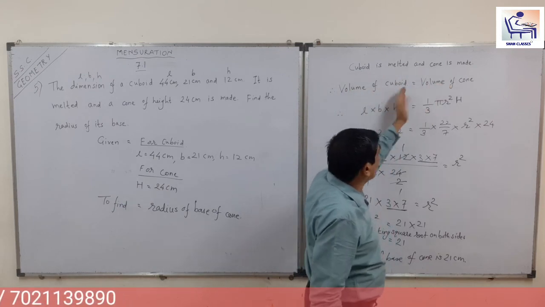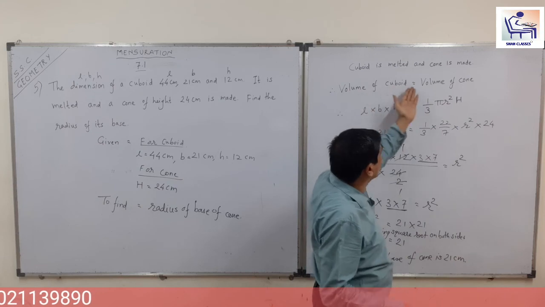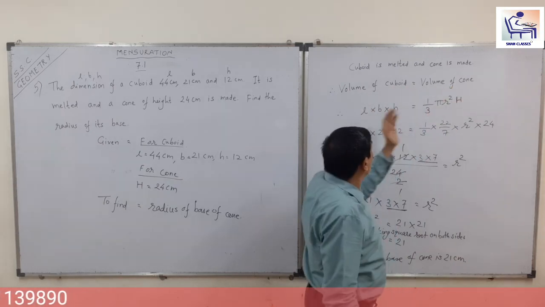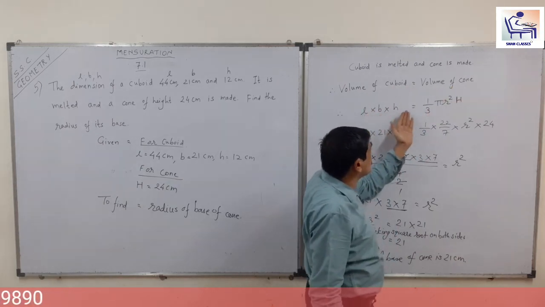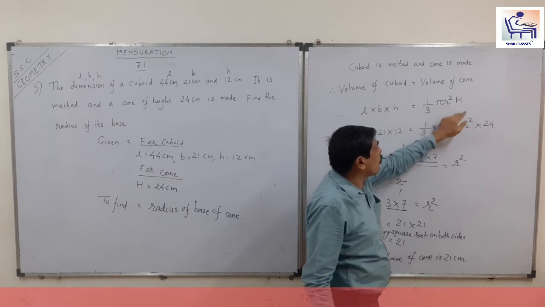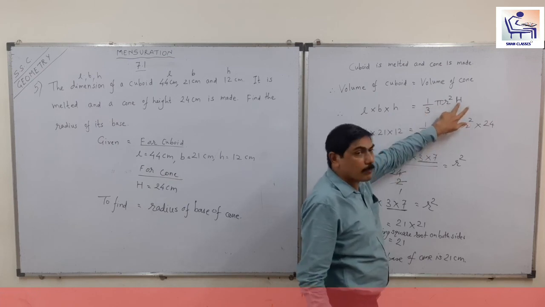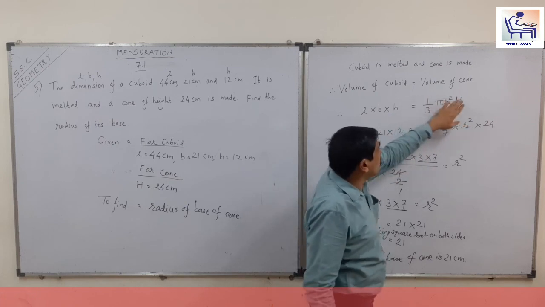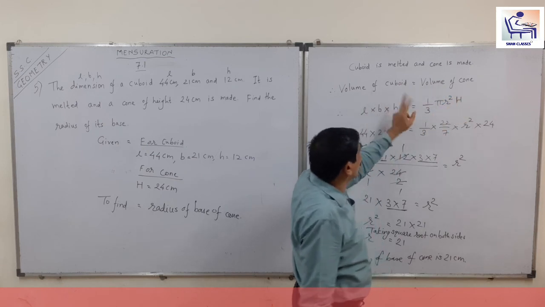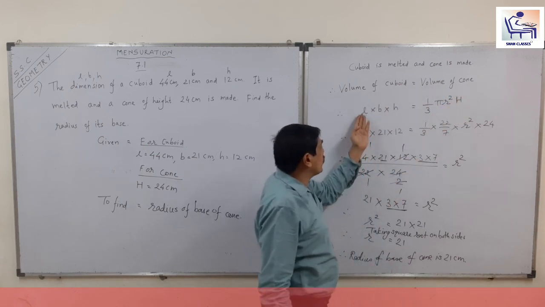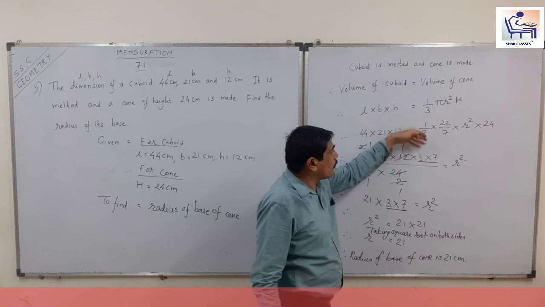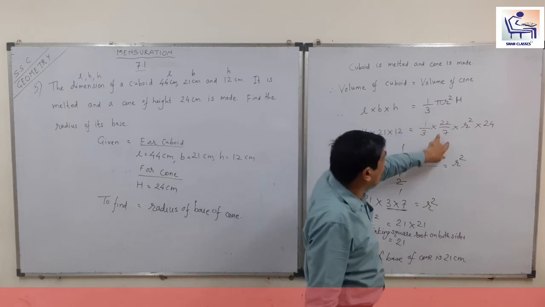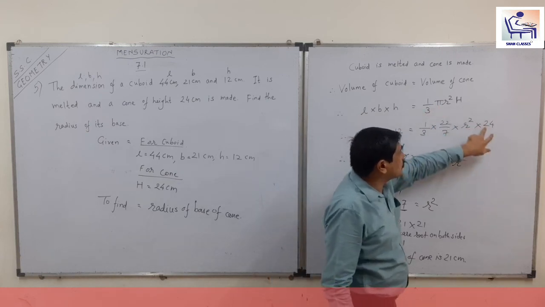So volume of cuboid, we got one equation. Volume of cuboid is equal to volume of cone. So here the L into B into H is equal to 1/3 pi r square h. H is here I have written purposely capital. ये formula है volume of cone का और ये formula volume of cuboid. Put the value length, breadth, height, 1/3 pi का value 22/7 r square and h is 24.